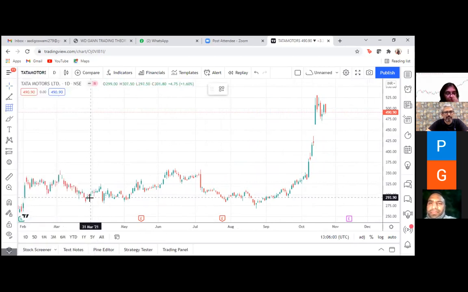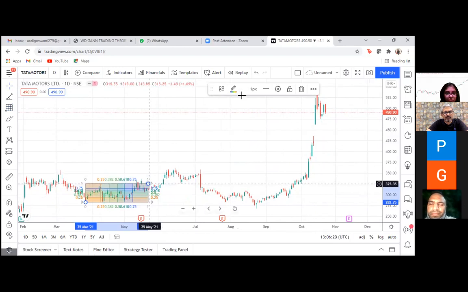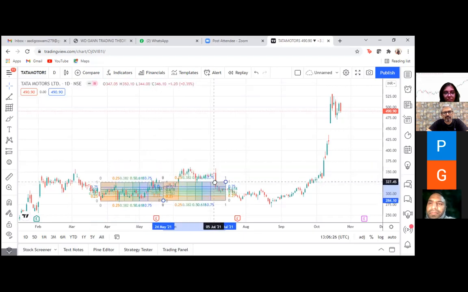Over here, if say we have to find the resistance, I'll put 0.25 on the next high from a swing low. And after cloning, and placing them next to each other,